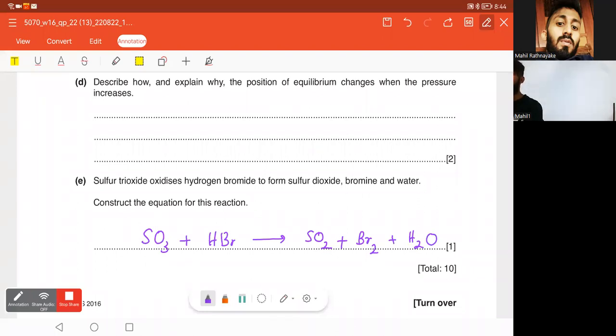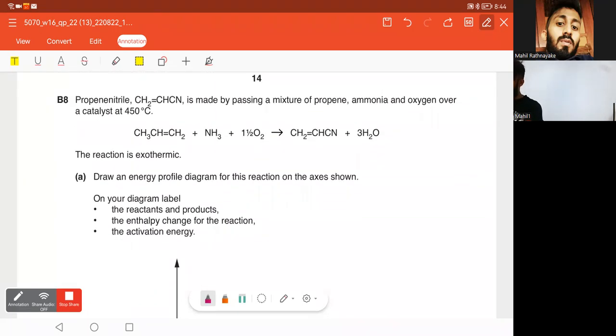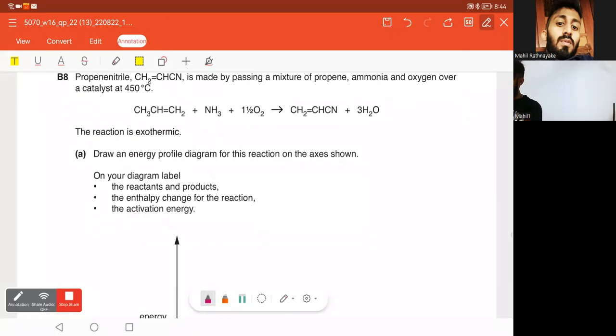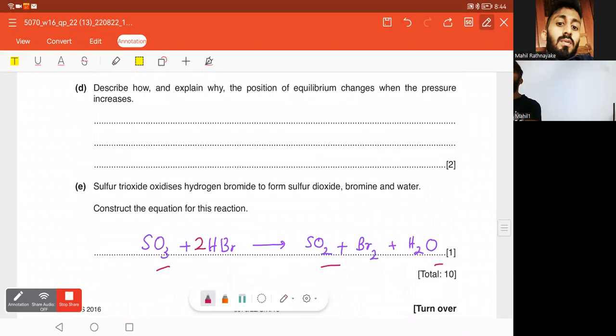Halogens are all diatomic, right? First balance the bromine: this side is 2Br, so I put 2. Oxygen balance: this side 3, the other side 2 plus 1, 3. It's balanced. Okay? Put the marks out of 10. Draw the energy profile diagram. This is exothermic. In an exothermic reaction, which energy